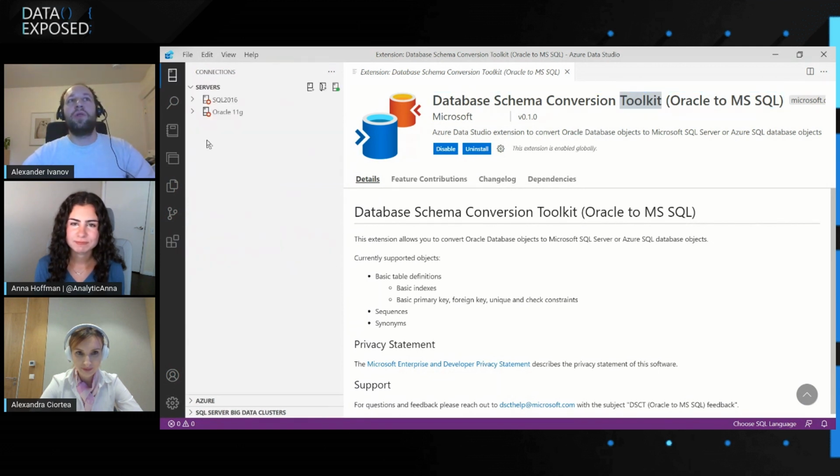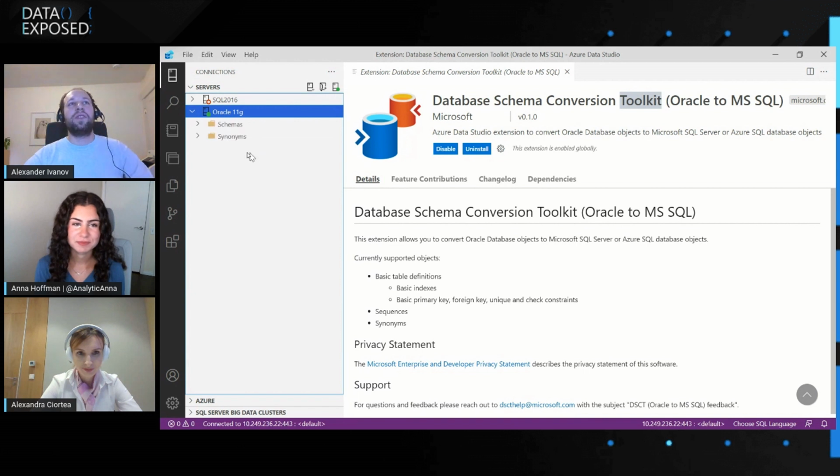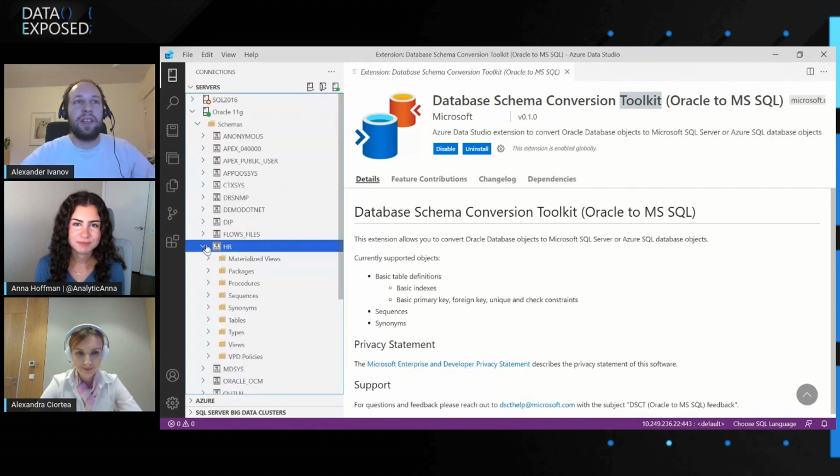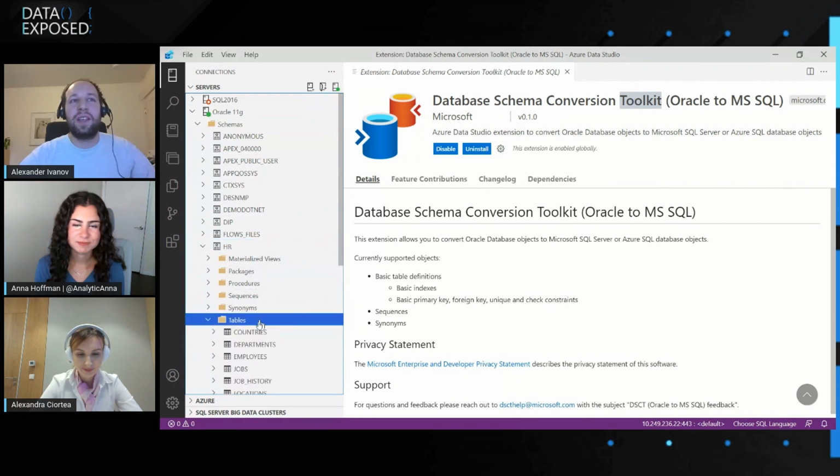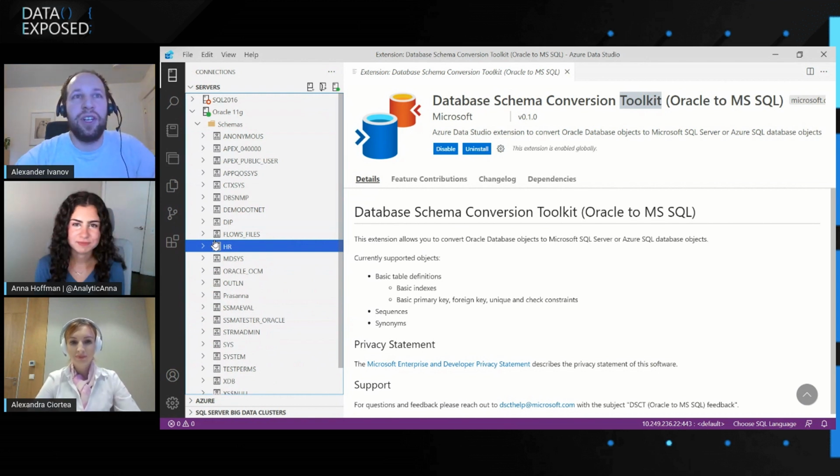The next step would be to connect to your Oracle server. This is, again, new functionality that we are bringing into ADS that was not there before. As part of this experience, you will be able to connect to your Oracle databases and navigate through your objects. So here, for instance, I have my test Oracle 11g instance. I can go and see my schemas. I can see my objects within those schemas, and I can start converting right from here. The target of the conversion will be a set of scripts that you can later deploy onto the SQL Server database or Azure SQL DB. But the experience will not be complete if you have to switch tools.